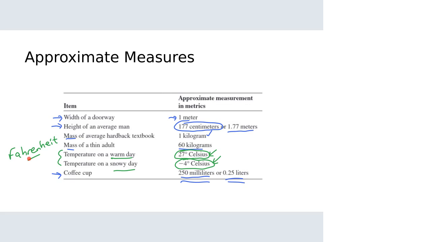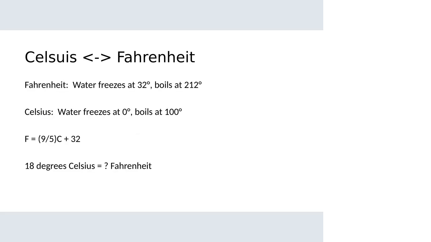Let me know if you have any questions that come up. We'll talk a little bit more about those temperatures. Celsius and Fahrenheit. In our Fahrenheit system, water freezes at 32 degrees and it boils at 212. So water freezes down here at 32 degrees. And if we kind of have our little thermometer over here, it goes all the way up to 212,